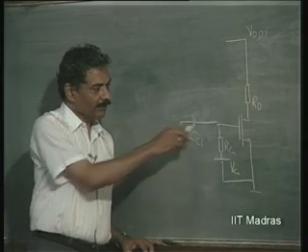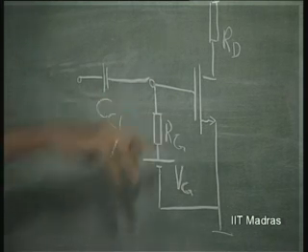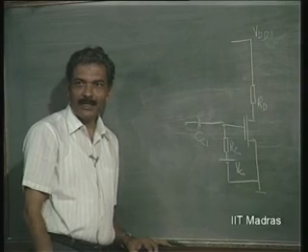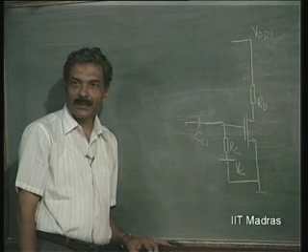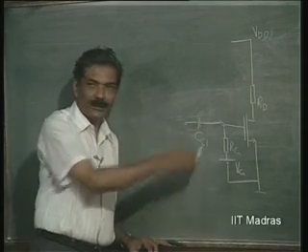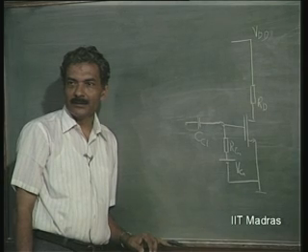When I do this, this particular thing definitely takes away signal current, because as far as the FET is concerned, it is not taking away any current. It is this RG that takes some amount of signal power. So RG has to be made very large, in order to take away as little signal power as possible. So this RG is made pretty high in the case of a field effect transistor, of the order of,